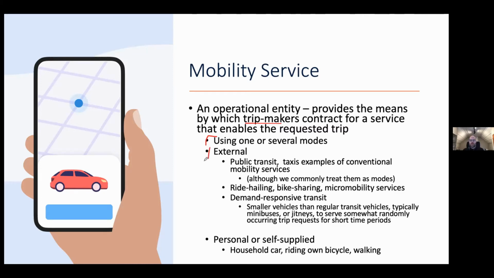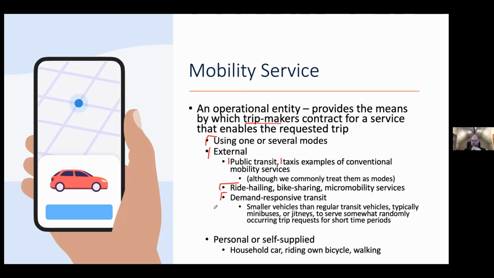Those modes of transport could be external, traditional things we consider like public transit and taxis. They are mobility services fundamentally. You've contracted with the TTC to complete a trip from A to B. It's perhaps not as explicit as you might do through ride-hailing apps, like an Uber or a Lyft, where you explicitly pick it from the origin to destination, and the vehicle comes and you get in the vehicle. Other takes on that include demand responsive transit, where we're using smaller transit vehicles